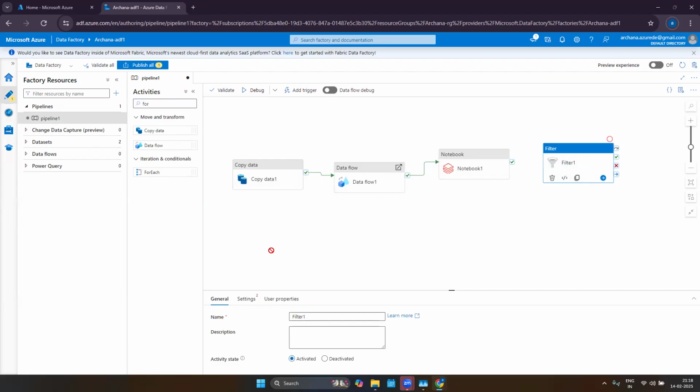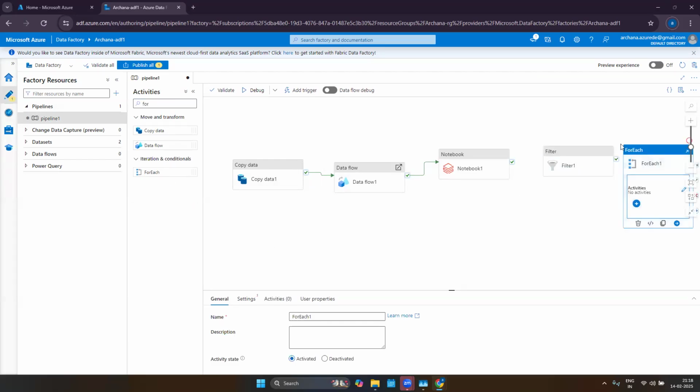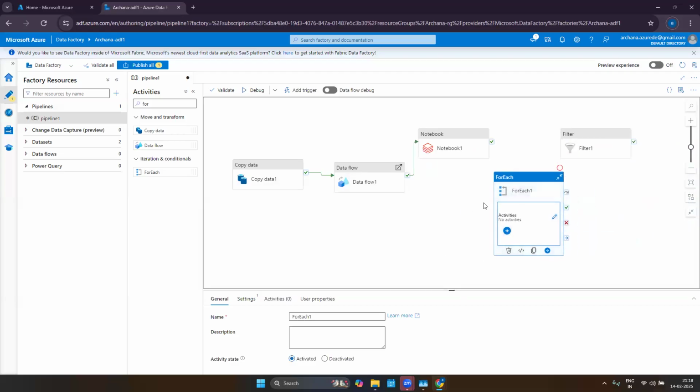Or else we have the ForEach activity, in which, when data is flowing, say there is an array of data that is flowing, for every item of that array I have to do some activity. For that, I'll be using this ForEach activity. So to do the operations on this data,